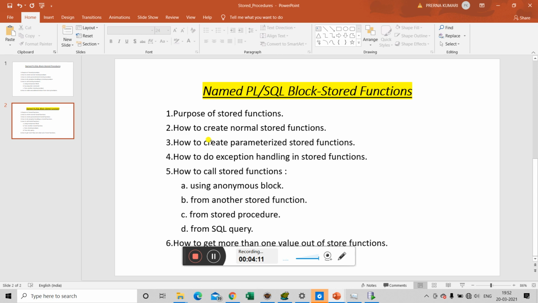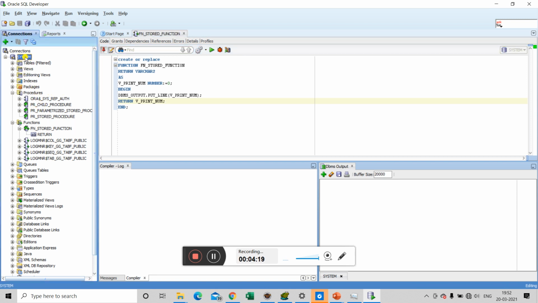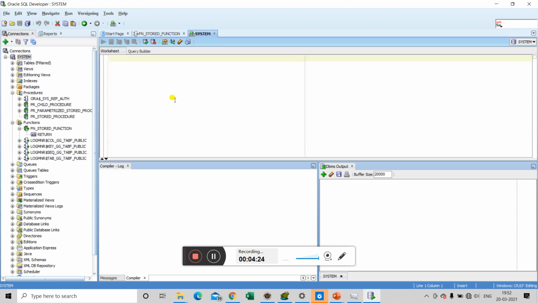Now we will learn how to create a parameterized stored function. Let's open up another SQL worksheet. A parameterized stored function also gets created using the same create or replace function command.